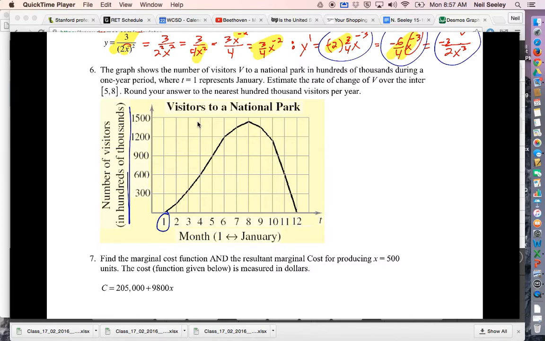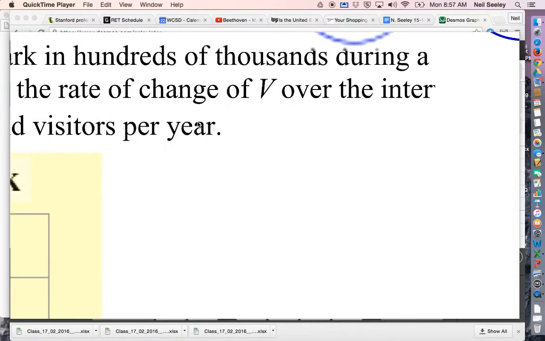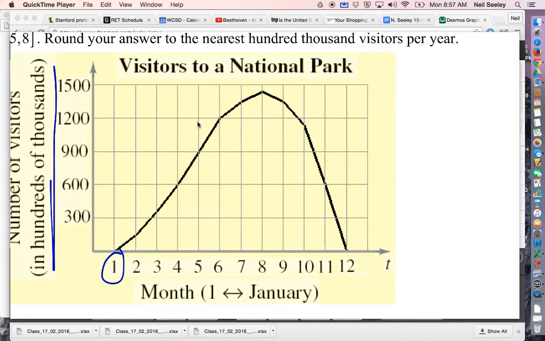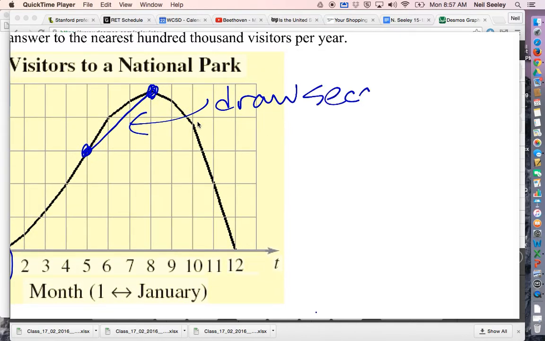It says estimate the rate of change of v over the 5 to 8 interval, and I think that it got chopped off. So let me write that in the interval, which should be written in there, 5 to 8. So we're going to go from 5 to 8, which if I mark points on this graph, 5 and 8, what I'm going to do is the rate of change is going to be a slope of a secant line, especially when we're estimating. It's the average rate of change. So you want to always draw a secant and find its slope. That's what we're going to do. So draw secant, find its slope,